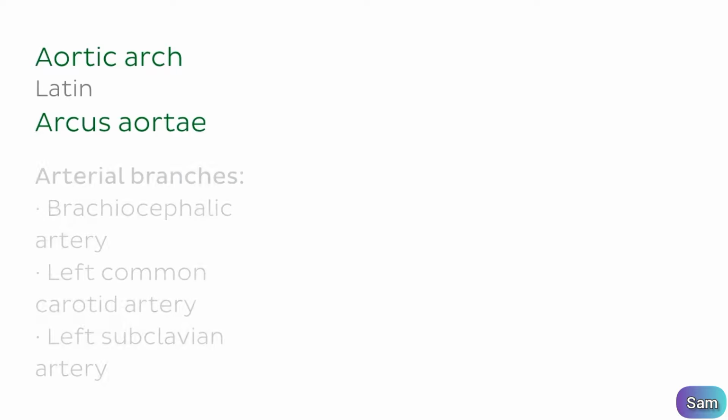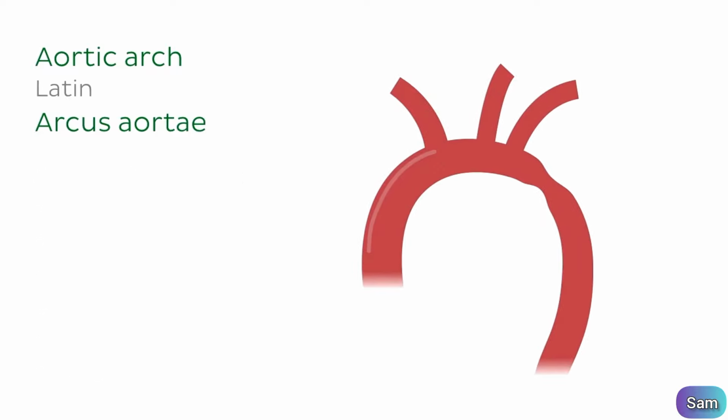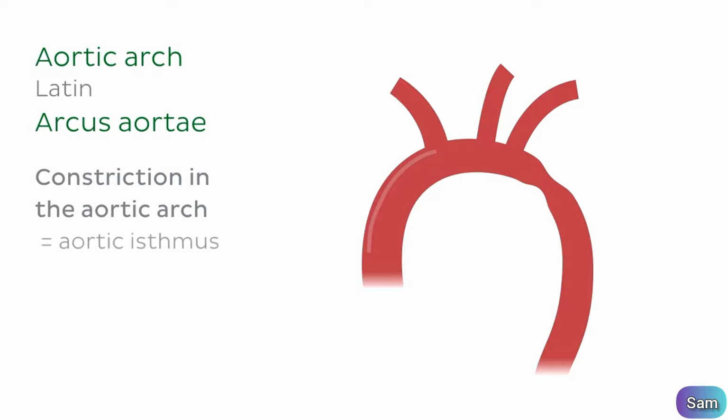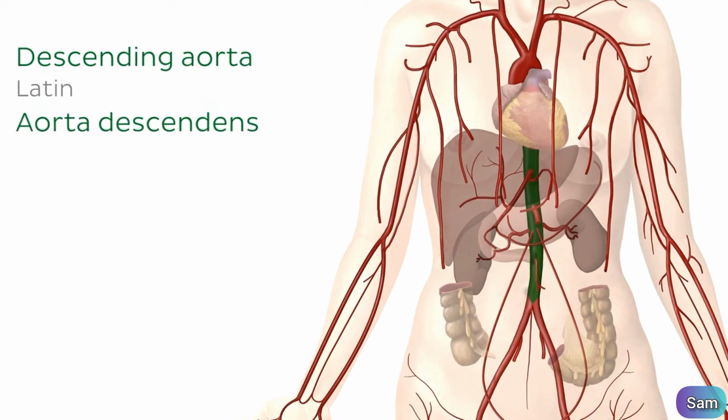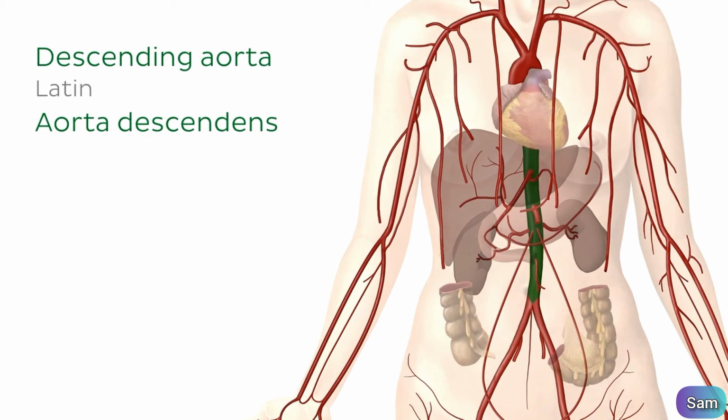Just a little side note, in some but not all individuals, a constriction in the aortic arch may be present as an embryonic remnant of this part of the aorta, and this particular anatomical quirk is known as the aortic isthmus. The next section of the aorta is known as the descending part, which starts just after the aortic arch